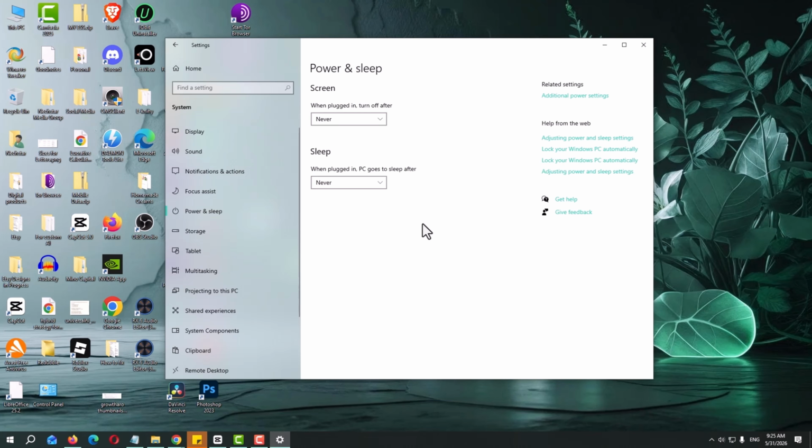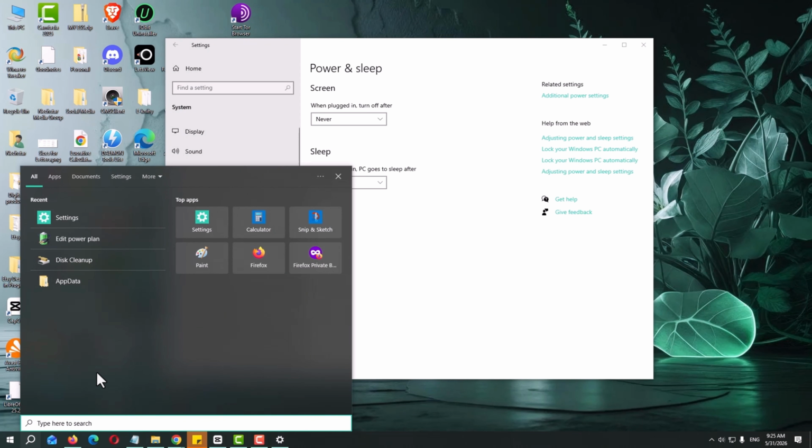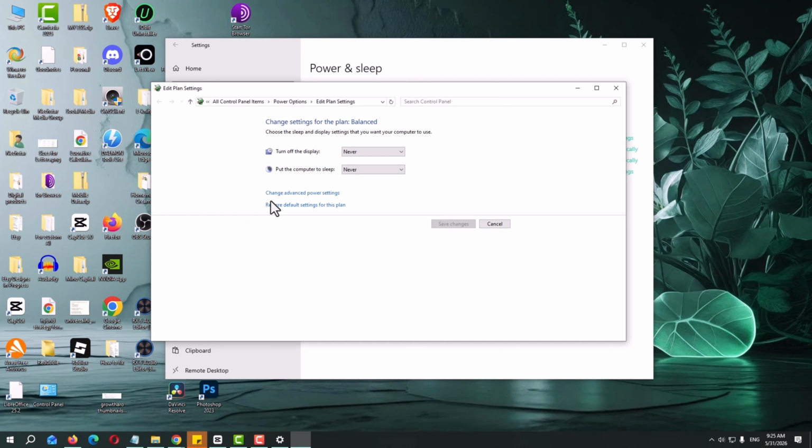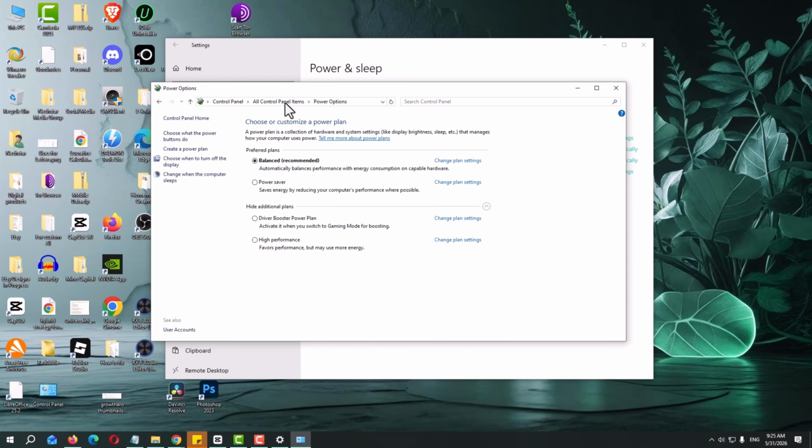For the next step, we need to adjust your advanced power configuration. Move your mouse back over to the search bar and type in Edit Power Plan. Click on that option immediately. Once the window opens, look at the top navigation path and click directly on Power Options. Look at whichever power plan you currently have selected with a bullet point, and then click on Change Plan Settings